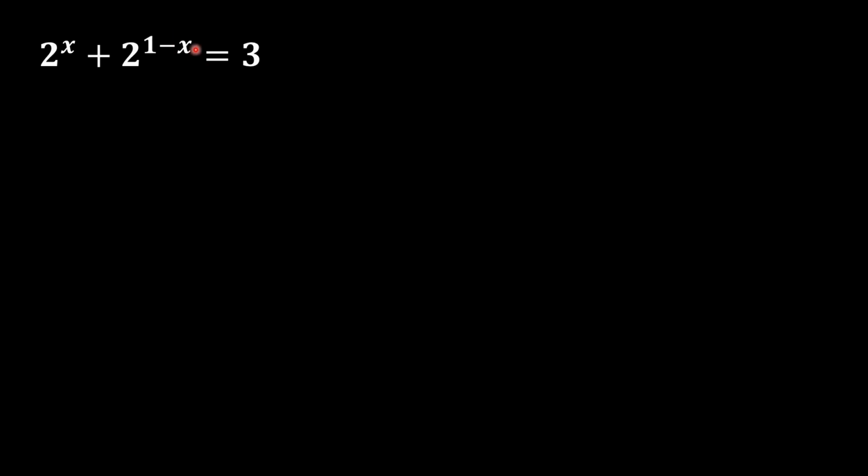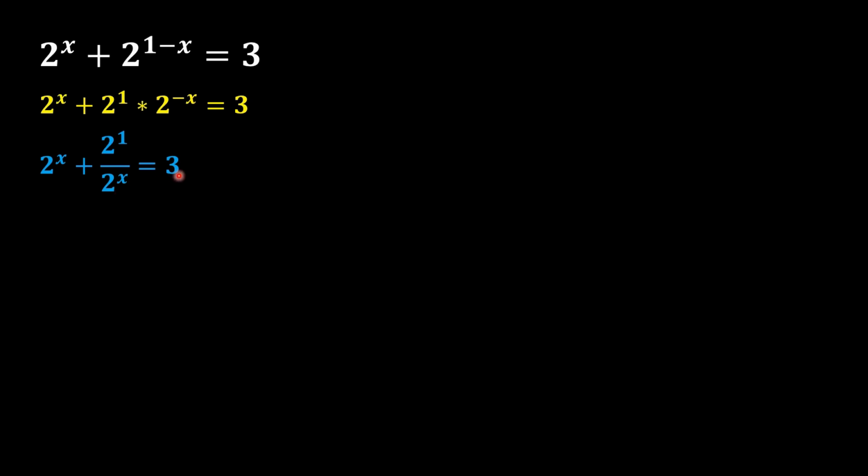this x. In order to solve this question, first we should break this value as 2 to power 1 into 2 to power minus x, because from the basic rule of algebra this value can be written as 2 to power 1 into 2 to power minus x. Now in the next step we should make this power positive, and for this purpose we should move this value from numerator to denominator. As a result, this power will convert from 2 to power minus x to 2 to power x. Now our new equation is 2 to power x plus 2 over 2 to power x is equal